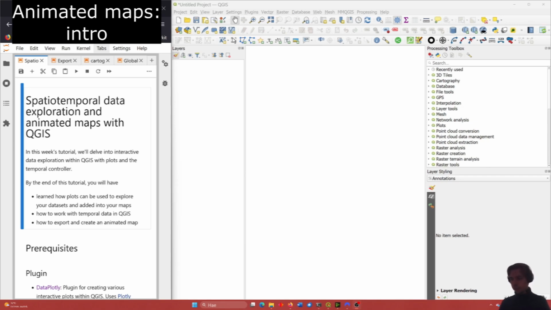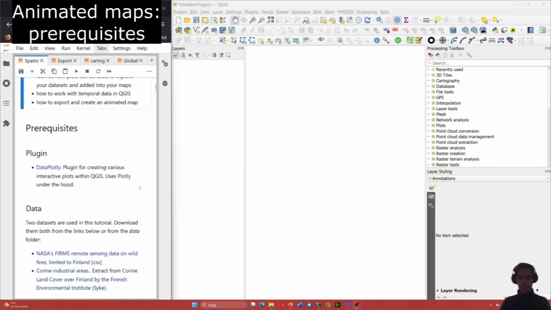Starting off with the spatio-temporal tutorial. By the end of this tutorial, you'll work with temporal data and how to export animated maps from QGIS. We will also take a look at plotting within QGIS. So how to create plots that you can use to explore and add some added value to your maps. And for that, we will use this data plotly library, or plugin rather, that's built on this Python plotly